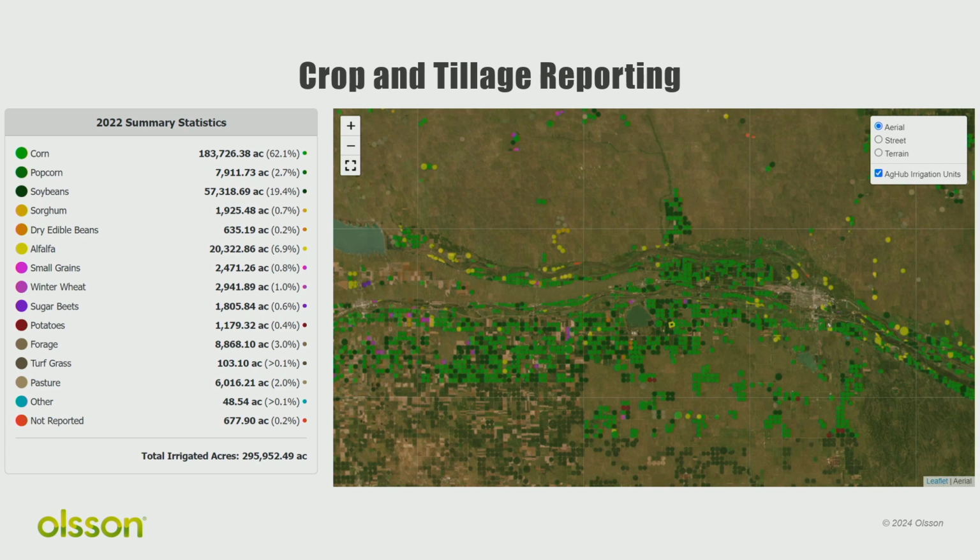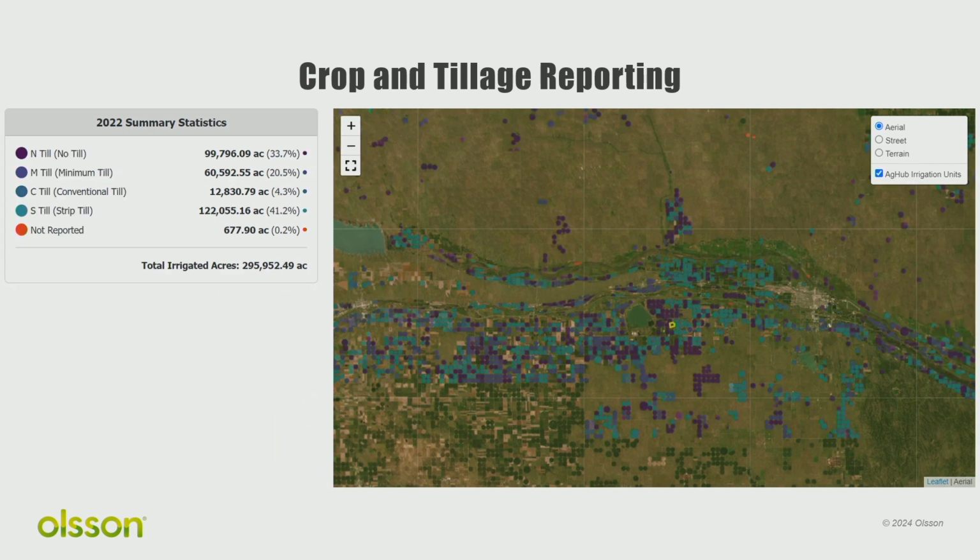it's not de minimis by any means, several thousand acres of sugar beets, potatoes, small grains, so there's some farmers that like to experiment with different crops, and in a lot of cases it's because they're trying to limit their consumptive use, to be better stewards of the land. And this is interesting. I know the colors are a little hard to distinguish, but the key point is when you look at conventional till, where that was probably the dominant tillage practice, maybe back in the 90s, it's almost gone. And that has a really big effect on consumptive use as well.